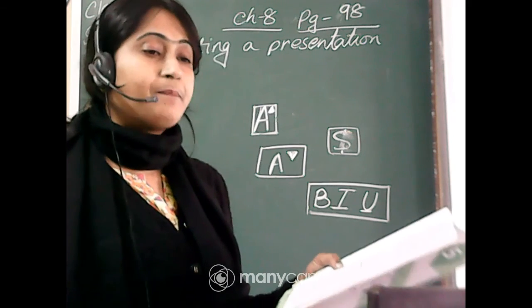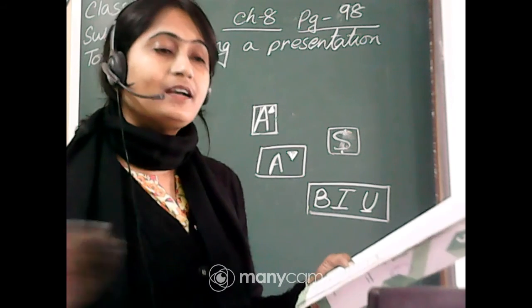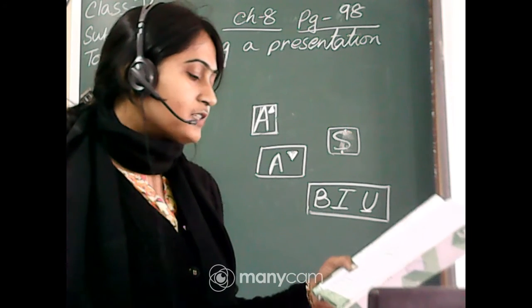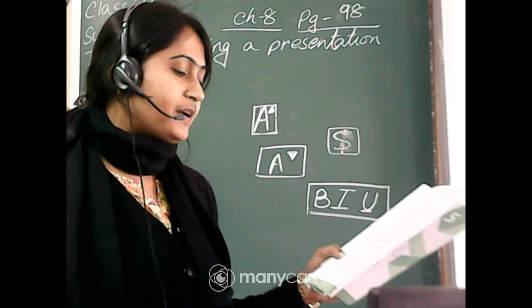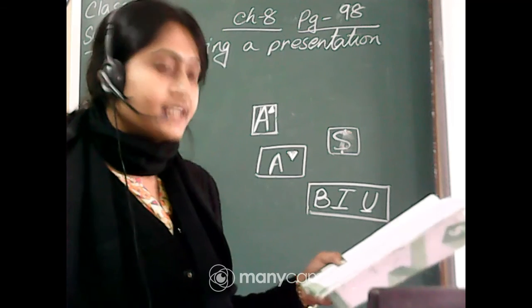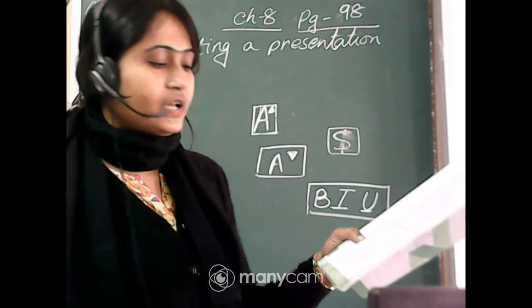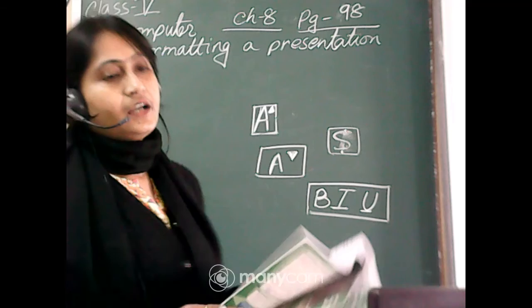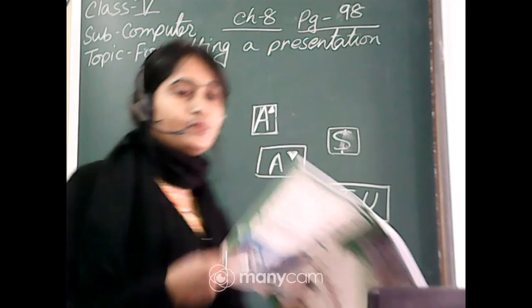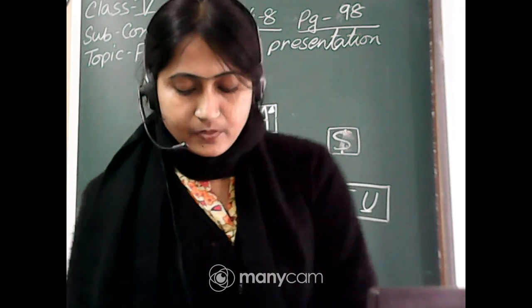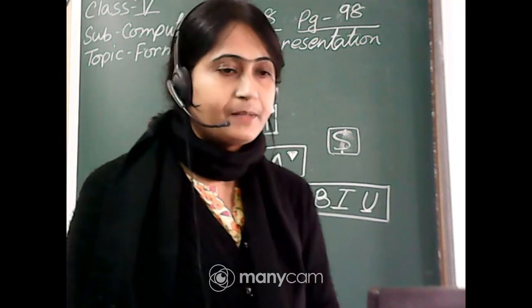When you select the text, a small formatting toolbar appears next to the selected text. Most of the buttons in the font group are toggle on and off buttons. If you want to apply, turn on, and if you don't, turn it off again. In this manner you can apply formatting effect to multiple lines.